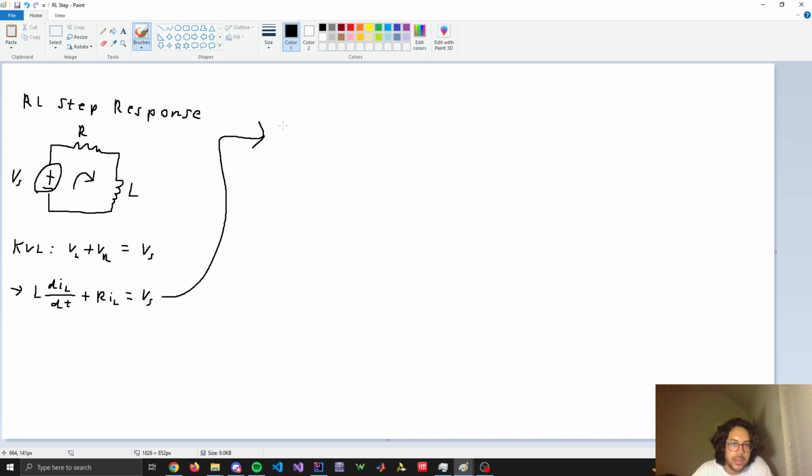We'll say that I sub L of t is going to be the transient part, I sub TR of t, plus I steady state of t, which is also I of infinity. So remember, this is the natural part, and this is the part as t approaches infinity. So I'll go ahead and write the natural part. That's going to be IL of t equals some constant K times e to the negative R over L t plus,